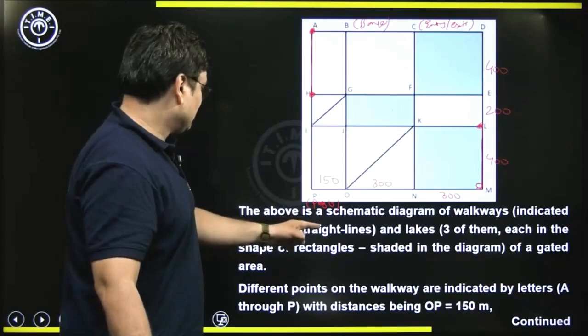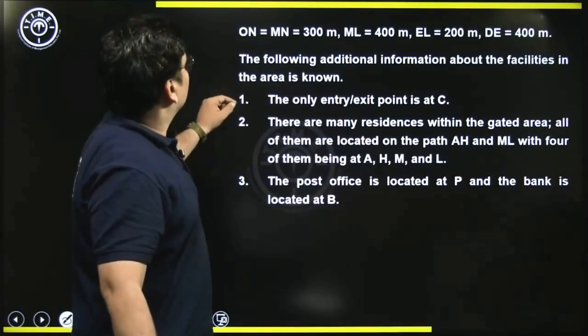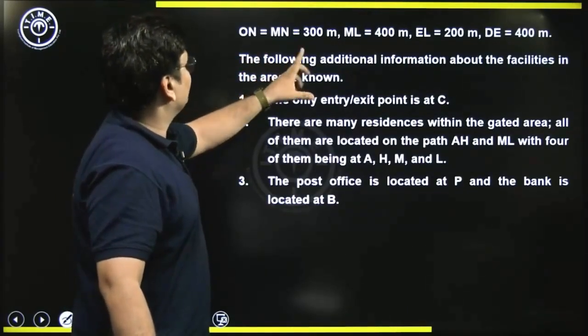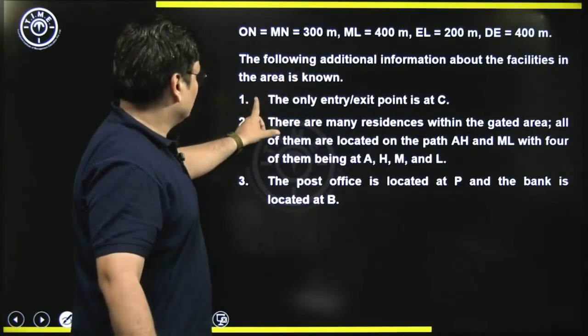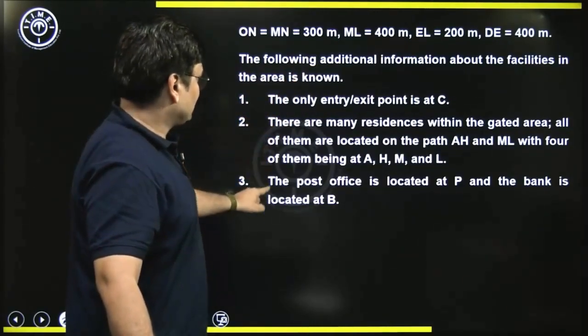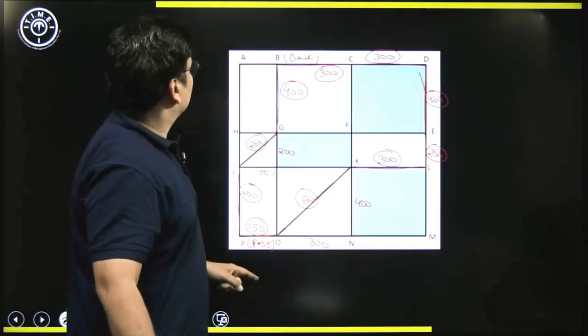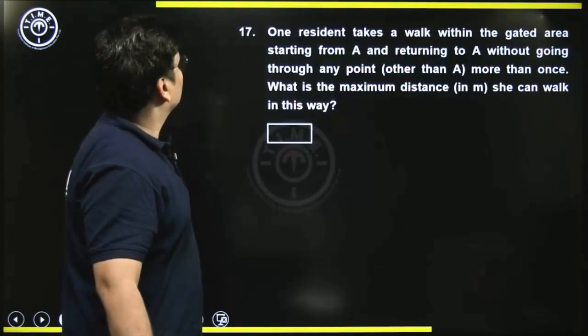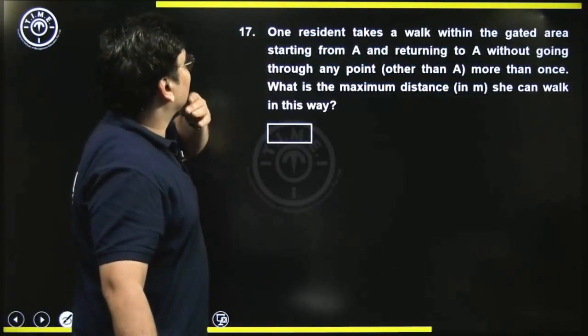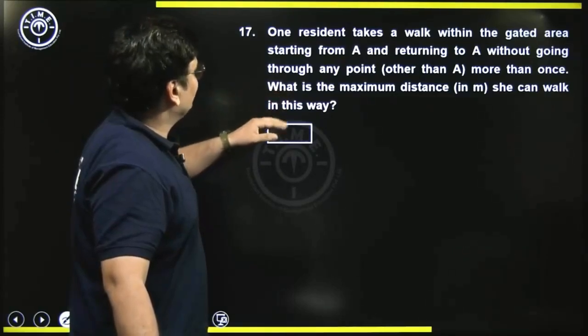Let us see. The gated area is given with the distances. The following additional information about the facilities in the area is known. The only entry point is this. One resident takes a walk within the gated area starting from A and returning to A without going through any